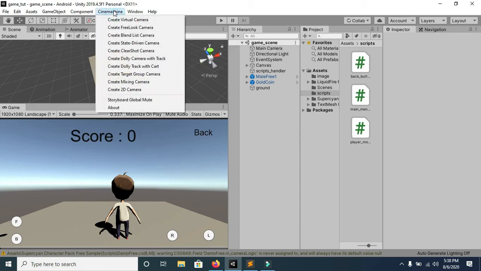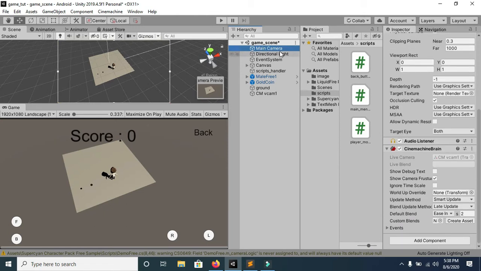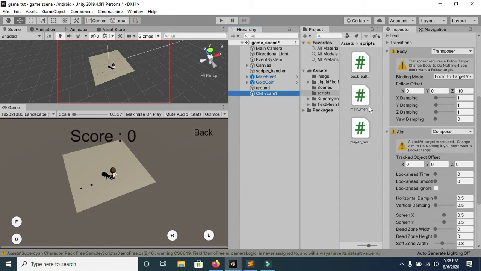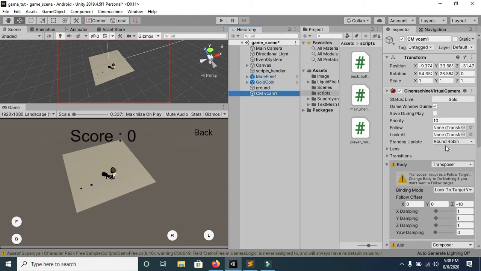So first of all, go to the Cinemachine section and create a virtual camera. Now go to the main camera. Here you can see that the Cinemachine Brain is already added as a component in this main camera, and we just have to go to this virtual camera. Now you can see that there are two options over here, Follow and Look At.